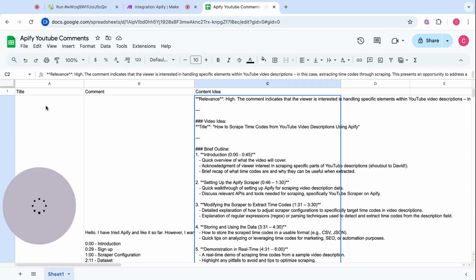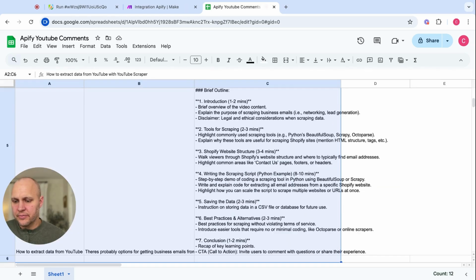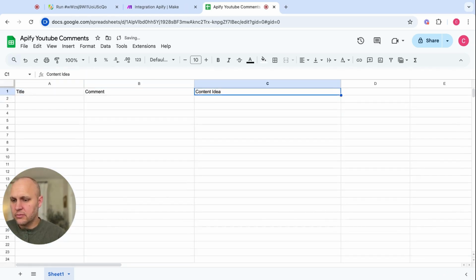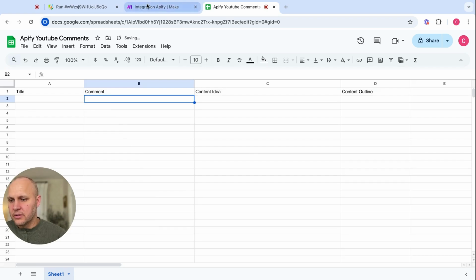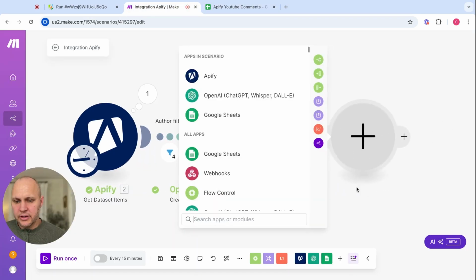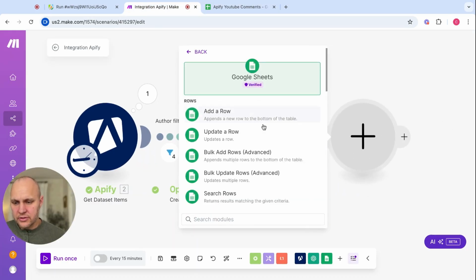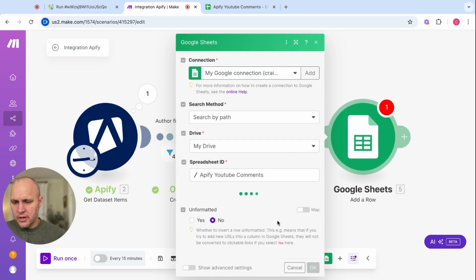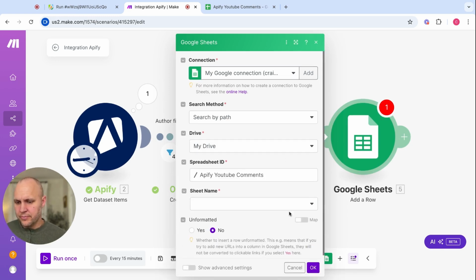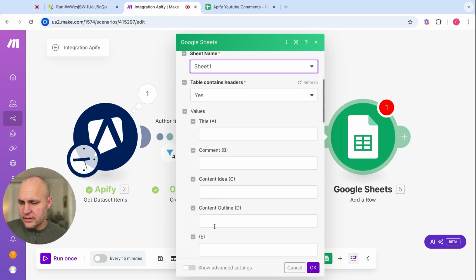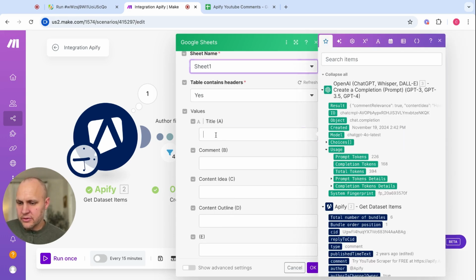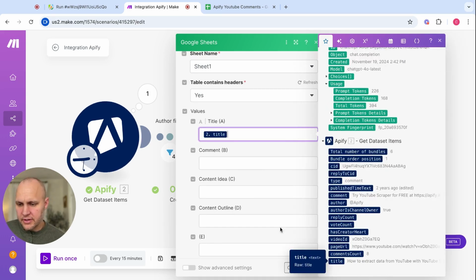Okay, so now let's go reconnect this. I'm going to go change my Google Sheet. Let's get rid of all this. We're going to do title, comment, content idea, content outline. Okay, so now if I go back here, I'm going to reconnect Google Sheets, add a row. There's my Apify YouTube comments. Sheet name is sheet 1. Okay, so it now sees that column that I added for content outline. So now let's see if we can grab all the right stuff. Title,